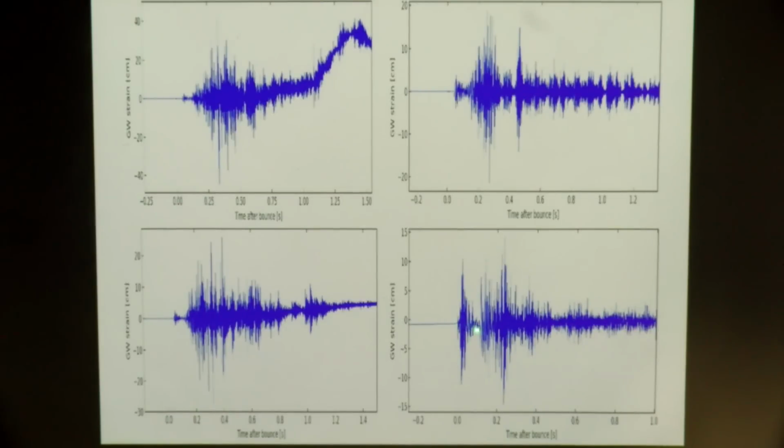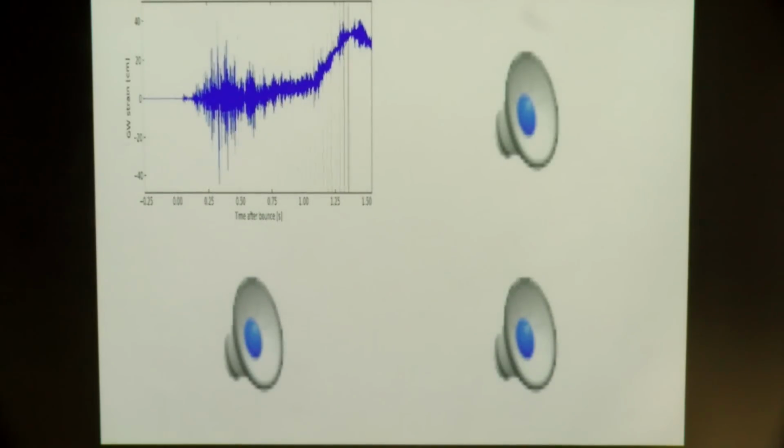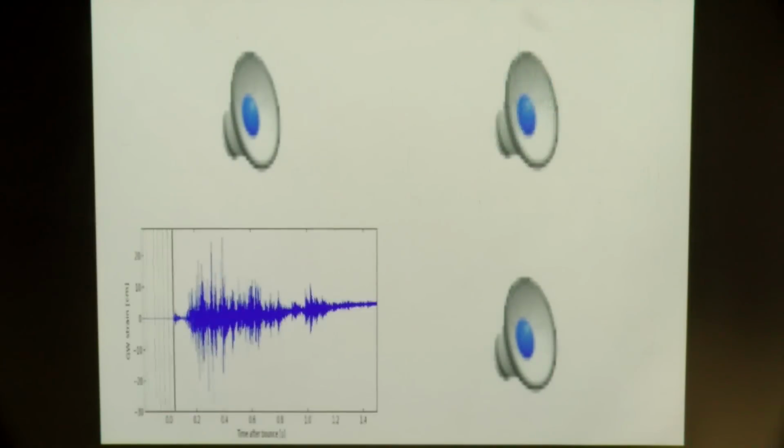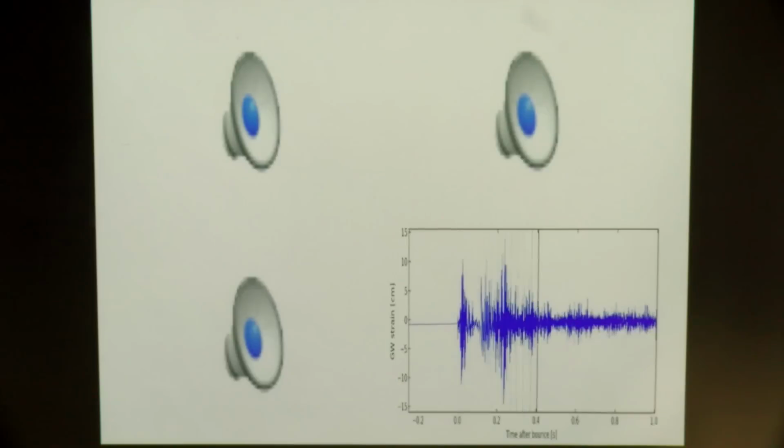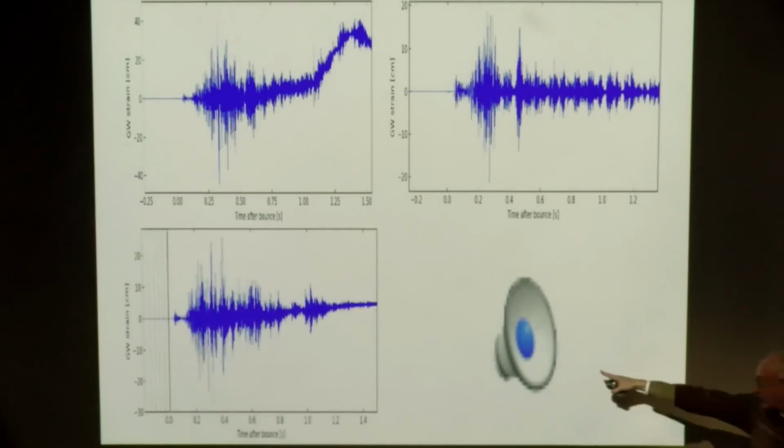Did you hear that first chirp? I'm going to do it again, just because I like it. You don't have to. That's rotation. Now, I'm going to do, don't worry. I don't like these things, so